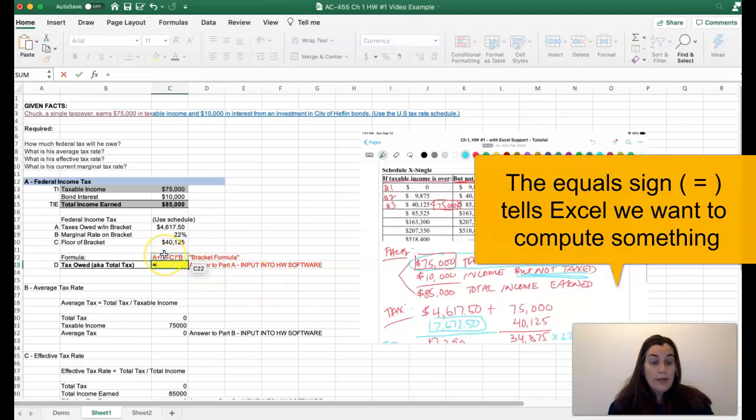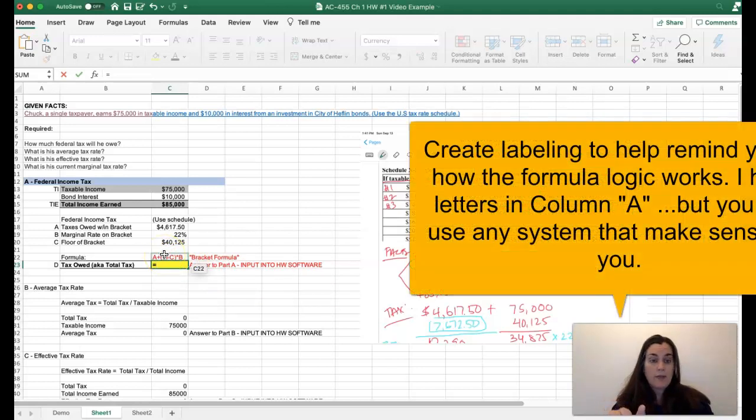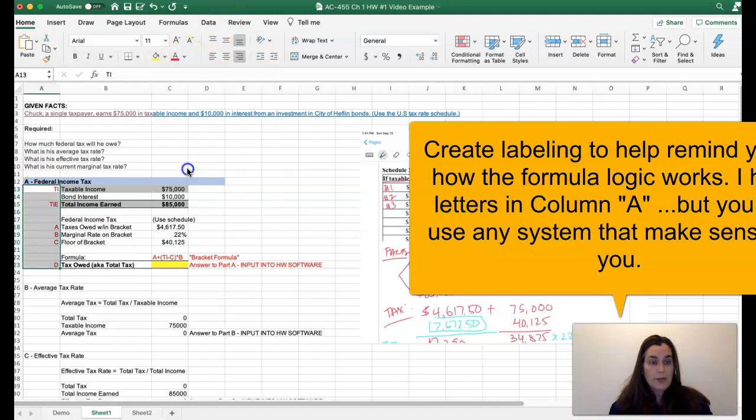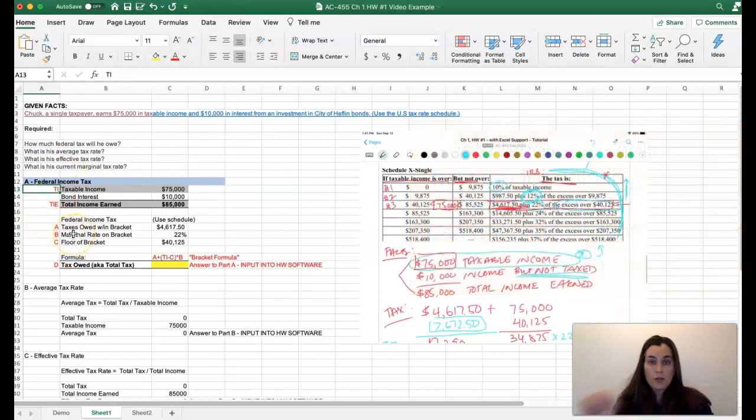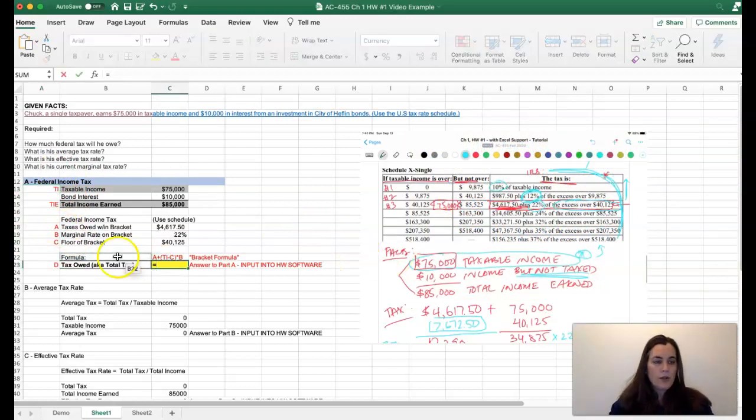I should point out I've created a little handy indexing for myself. You can see A plus TI minus C times B. Now that probably didn't make any sense to you, at least initially, except what I'm going to do is point you out to, and I'm going to highlight this in red as well so it's easier to see. I've created the variables here, and I've labeled each variable that I need. I have an indexing. So equals taxes owed within the bracket,